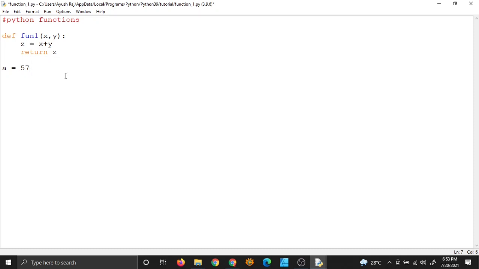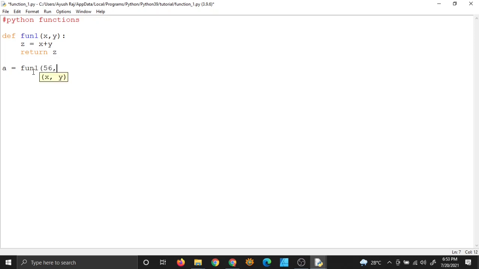Because 57 is the sum of 12 and 45. If you put something else, if you put 1 and 4, it will return 5. It will run itself and replace itself with 5. So now a will have the value 5. So that's the significance of the return statement, right? So that's very important to know how the return statement works.